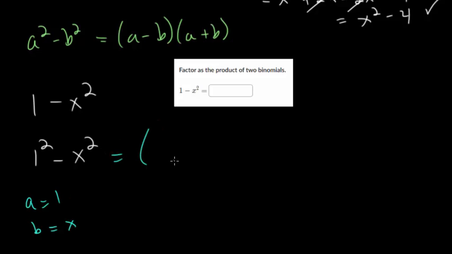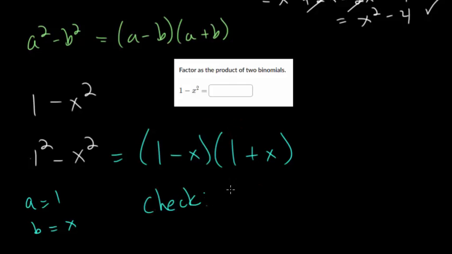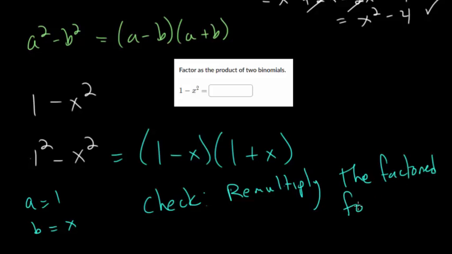So when we factor this, we get a minus b, so 1 minus x. The first one minus the second one, ignoring the squares. And then it's the first one plus the second one, so 1 plus x. And when we remultiply this out, so now we're going to check. So let me just write it down. Remultiply the factored form. And once you do that, if you get back what you start with, then you know